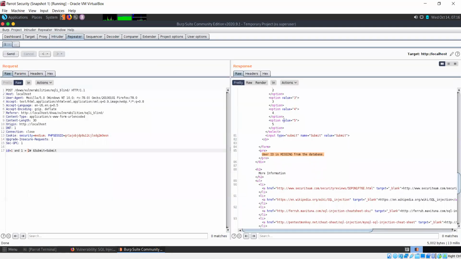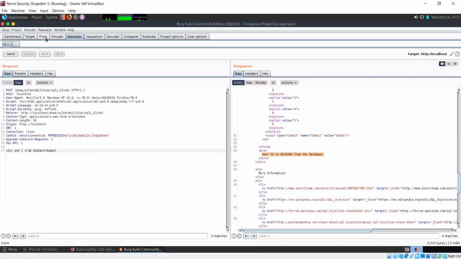Repeater, like I mentioned in the blind SQL injection part, basically lets you send one request to repeater and make any kind of modifications to it, and repeatedly send that request instead of just capturing it once and forwarding it. Each time you make changes to the request, you can analyze the changes in the response.